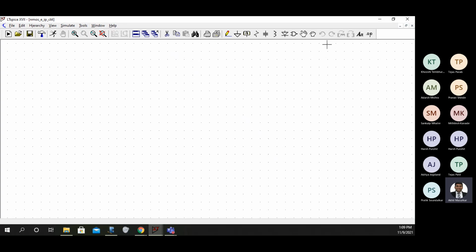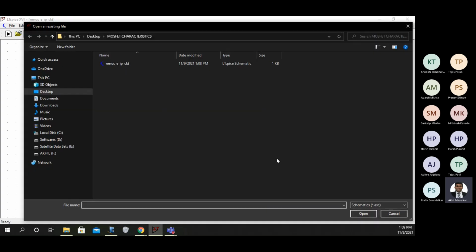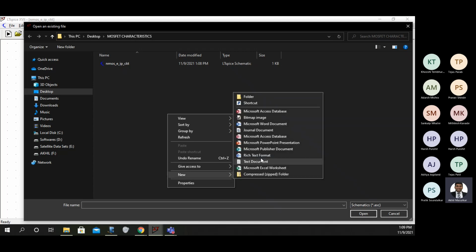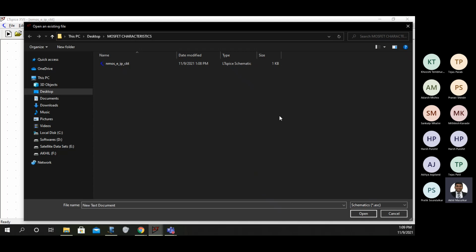you can open this, and here itself you can open a new file. Okay, you can open a new text document and give this name to the circuit.